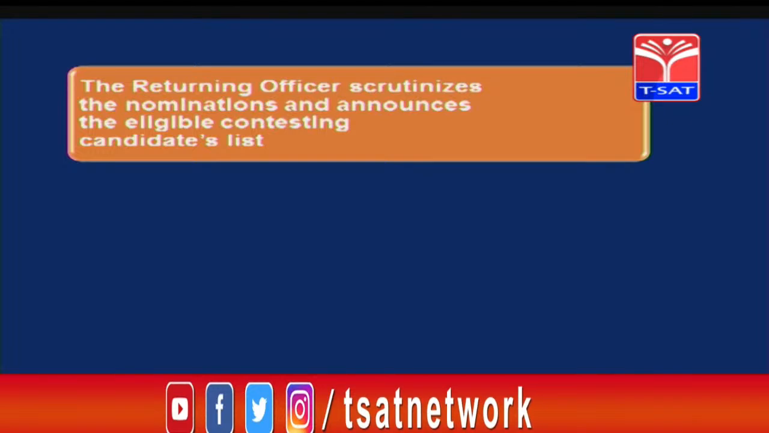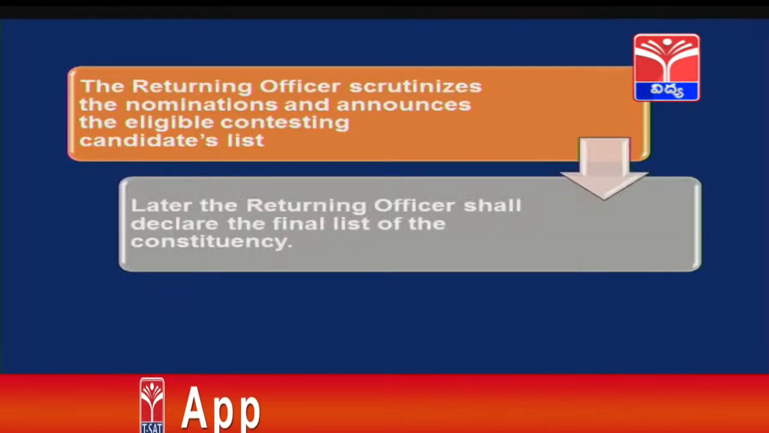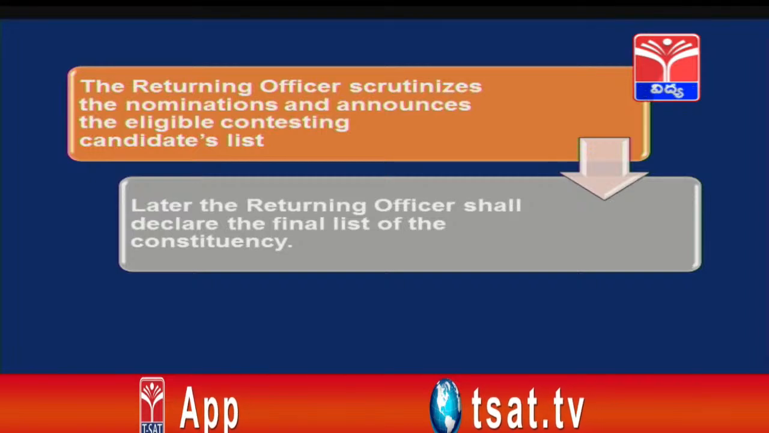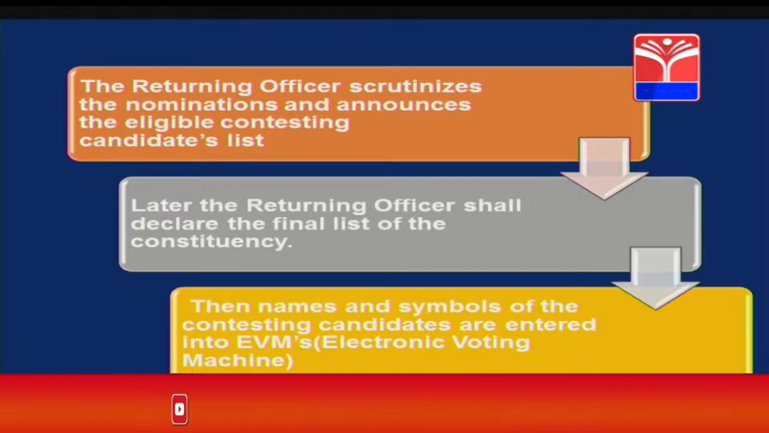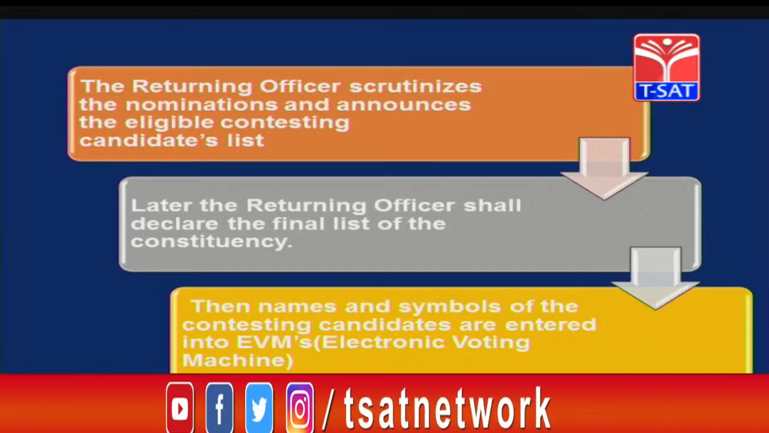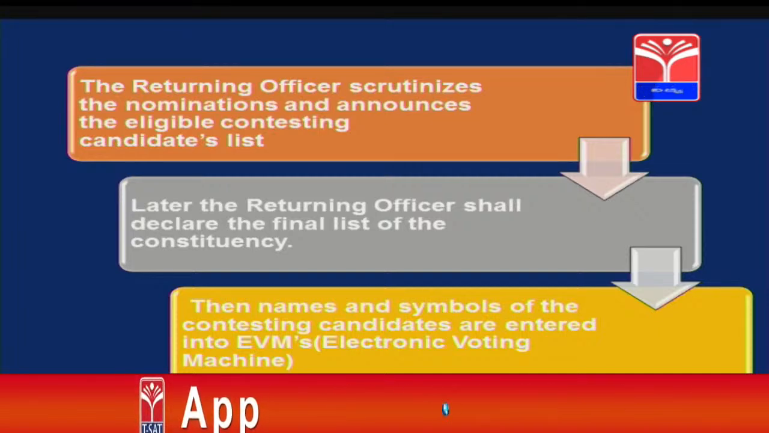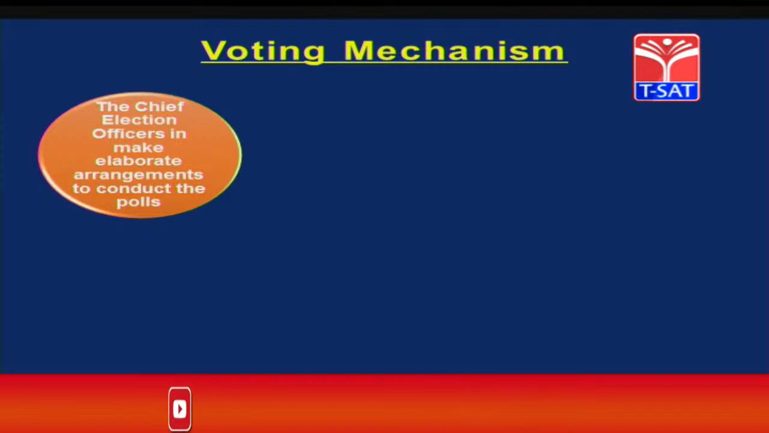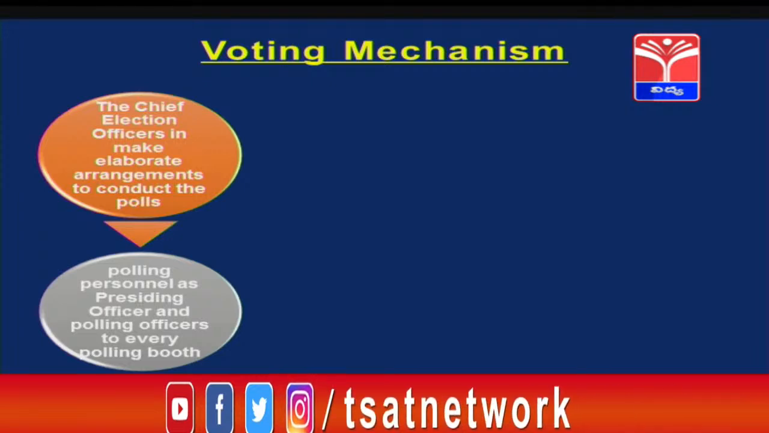The final list will be announced. Later, the returning officer shall declare the final list of that constituency. Then all the names of the candidates and the symbols of the contesting candidates are entered into the EVM, electronic voting machine. Voting mechanism. The chief election officers make elaborate arrangements to conduct the polls, and the polling personnel,